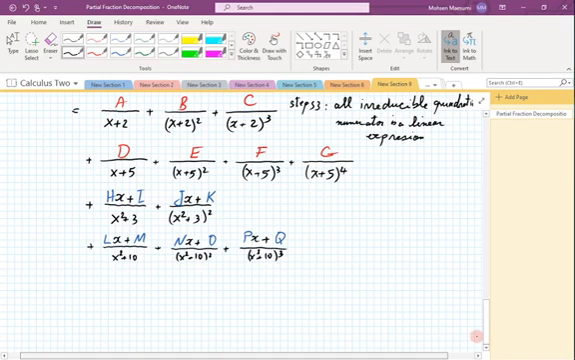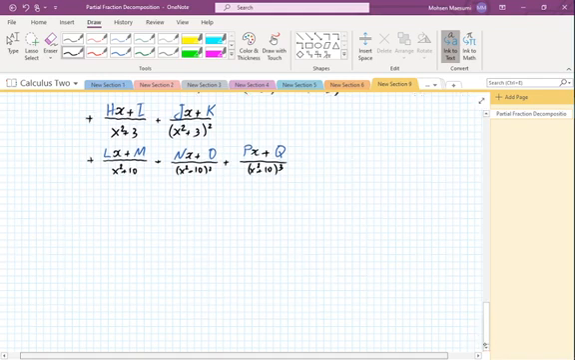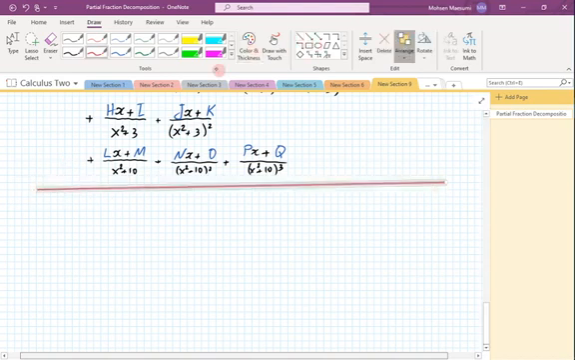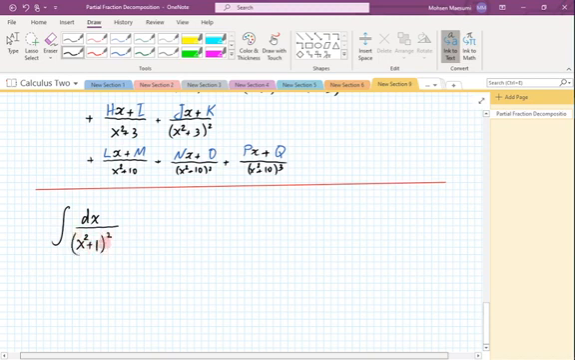an irreducible quadratic. So suppose after all of these things are said and done, you still have to do an integral. So the problem can become lengthy. Suppose I have the problem of what is dx over (x squared plus 1) squared. So something like this. How would I